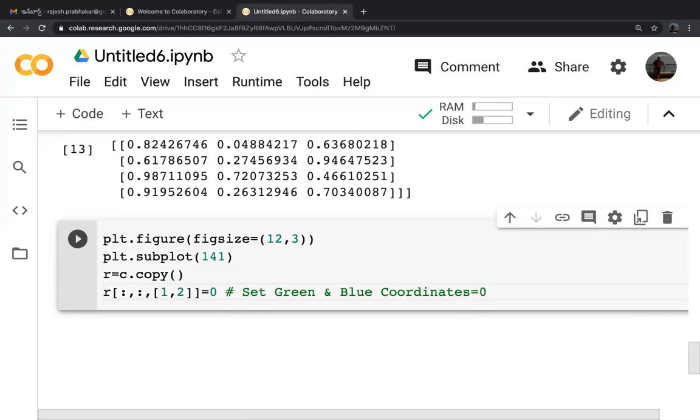That means this will only give us the red color. Only red will be displayed.